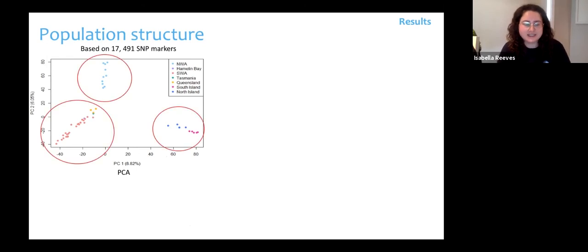And what we can see is that there's these three clusters. So we've got Northwestern Australia, South Island and North Island as another grouping. And then we've got Southwestern Australia, Queensland, Tasmania and Midwestern Australia. So due to these clusterings, obviously we wanted to work out more. Do these clusters actually mean anything?